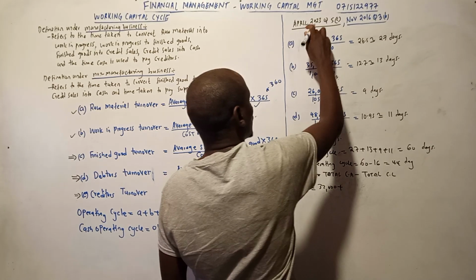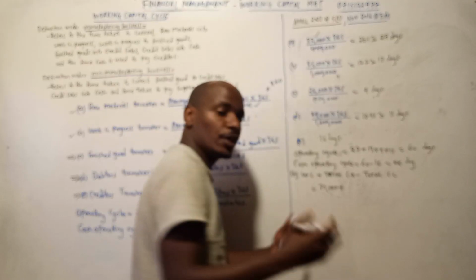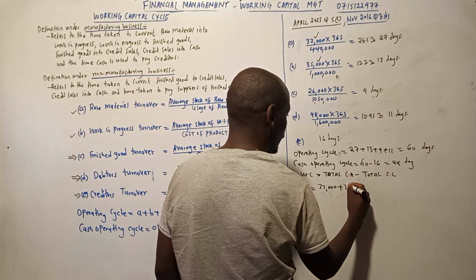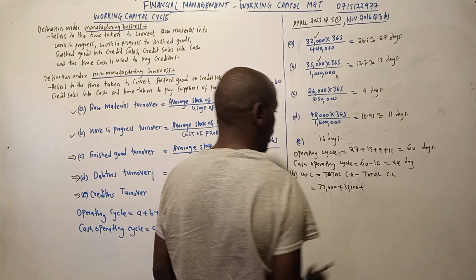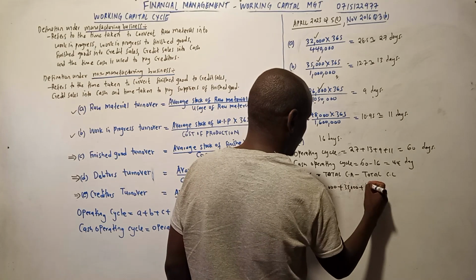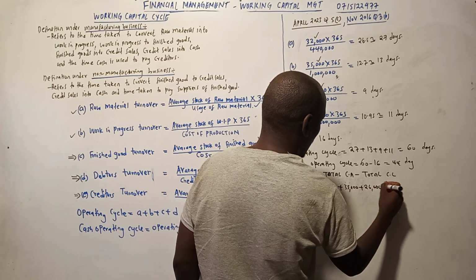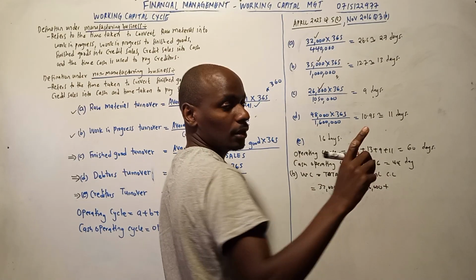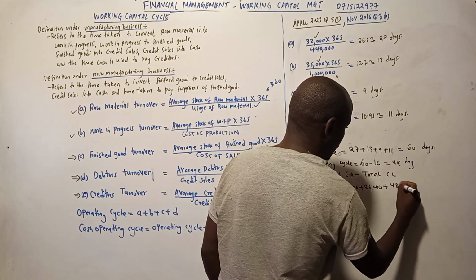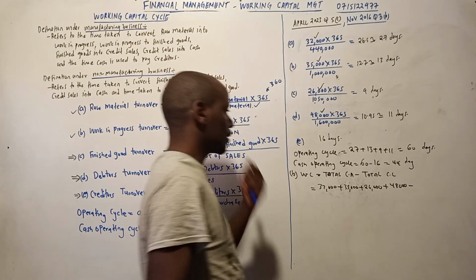Hiyo ni raw material, which is raw material inventory. So in inventory, this one also forms part of inventory. So tuna total current assets inventory. Also this one is inventory, finished goods. And then you have another current asset which is debtors, 48,000. Then we minus